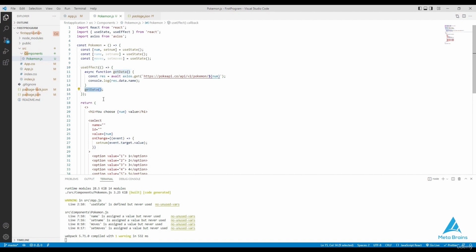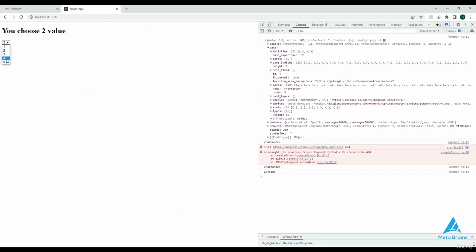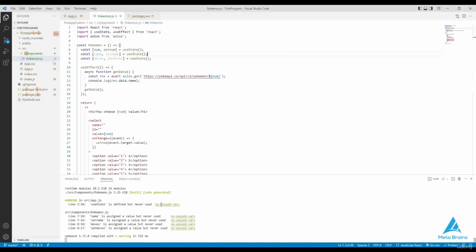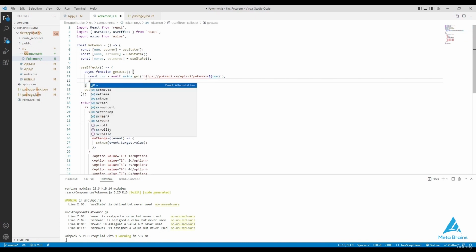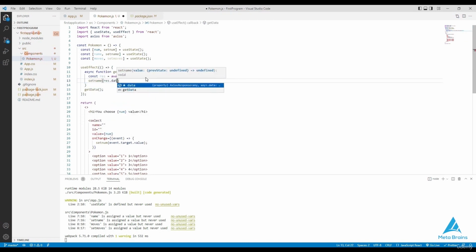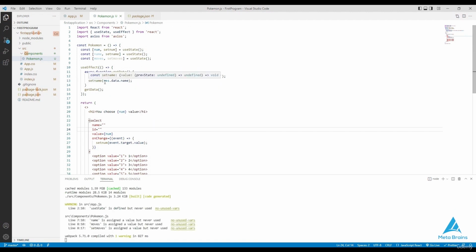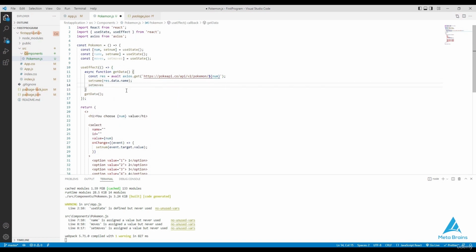As the API runs, we'll get new data, and then we'll change the state to the new data. So this is the benefit of useState. We can change the real-time data constantly. So this React hook is very useful for managing real-time data. Okay, so we'll remove it, and we'll write setName(res.data.name), as whenever we get a new value, setName will be called, and then its value will be updated. We'll do the same with setMoves, and we'll write